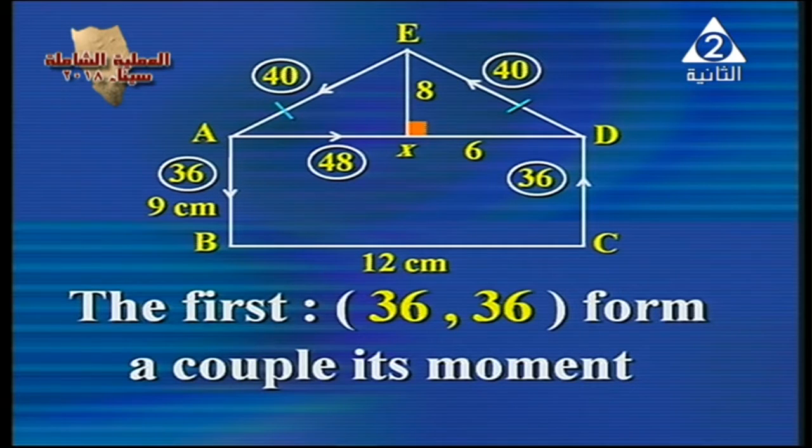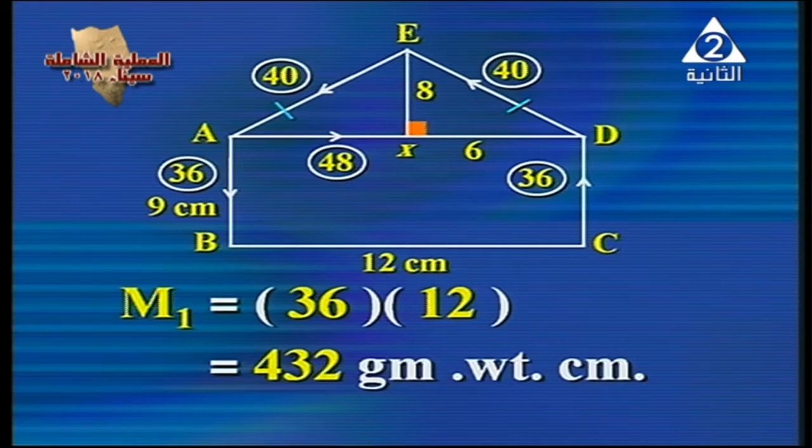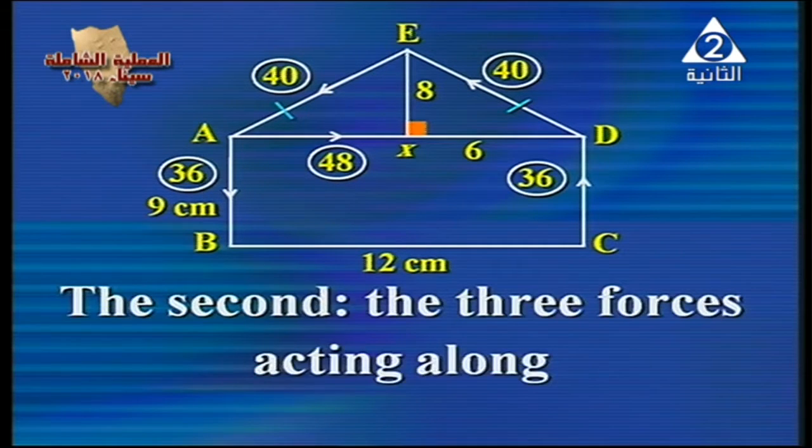The first 36 and 36 form a couple. What is the moment? The moment equals force times the distance. What is the force? 36. What is the distance? 12. Then M1 equals 432 gram weight centimeter. The second,